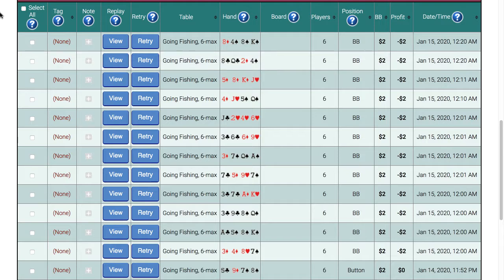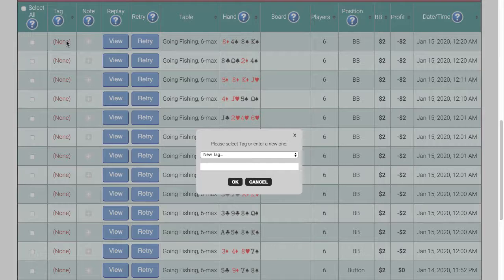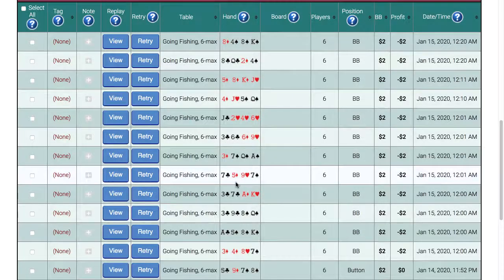So the next column is called tag. Now again, a tag is a category. You might have already put some hands into a category while you were playing the poker game. If not, you can click on the tag here. You can actually add a tag at this point. So if there was a particular hand you wanted to mark for later, put it into a category, you just click on tag here, and I'm going to pick a new tag here, and I'm going to say, go over with my coach. I'm going to mark that, put it in that category for hands I want to go over later with my